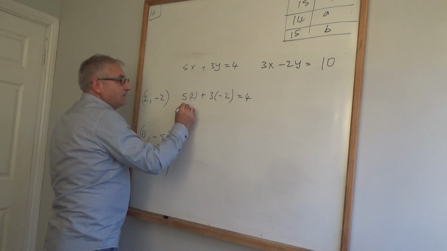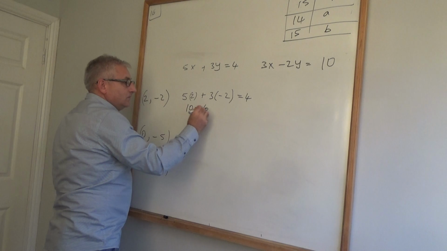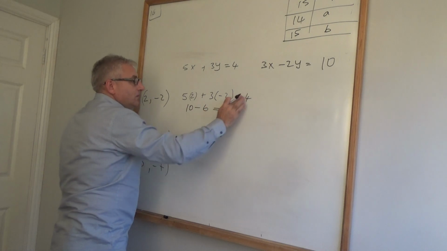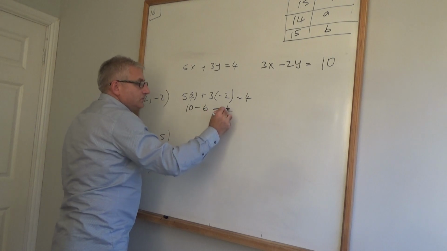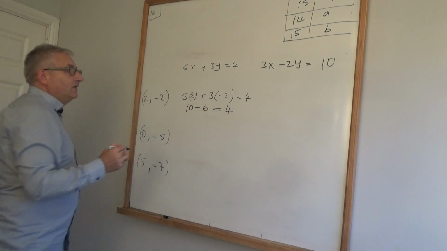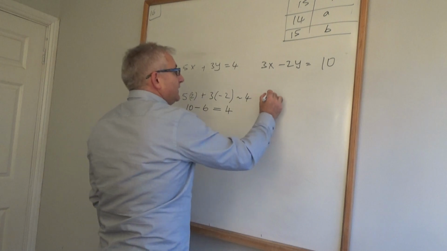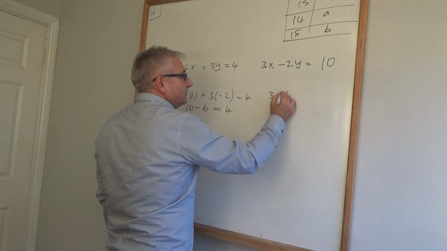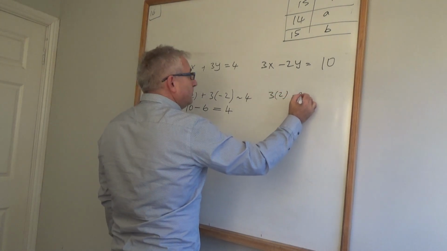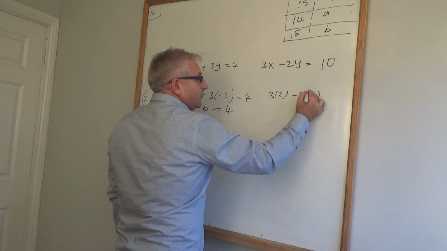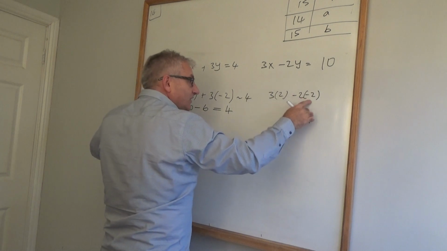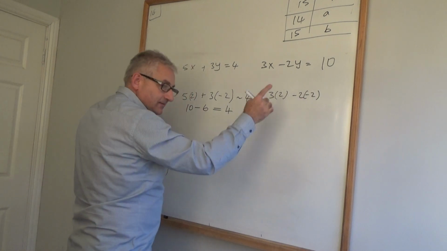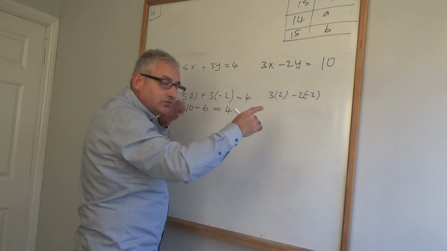So I'm getting 10, take away 6, is equal to 4. Happy with that. And I'm getting 3. But also all my turning in my head and everything, checking. And it's very much a kind of a tactile thing,